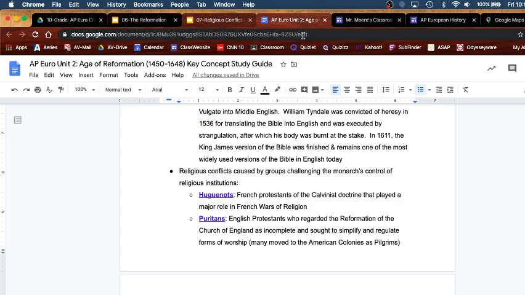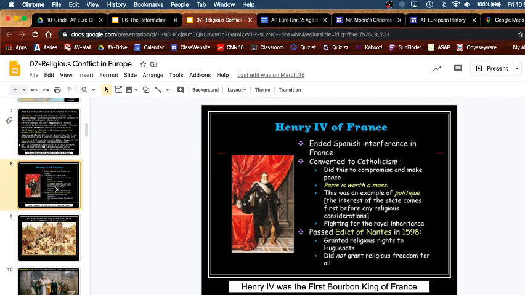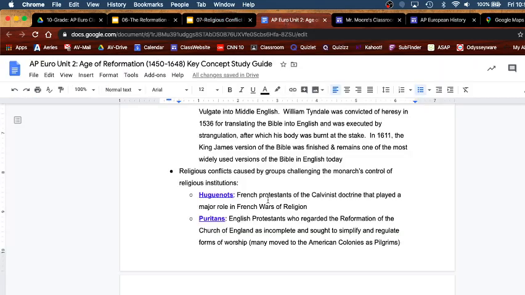The guy who wins the French wars of religion is a dude named Henry of Navarre. That's a part of France. And Henry of Navarre becomes Henry IV. And he's going to convert to Catholicism to try to keep the peace. And he says, Paris is worth a mass, meaning that he was willing to convert over and to try to give Huguenot rights. So he establishes the Edict of Nantes, which grants recognition of Protestants in France, these Huguenots,